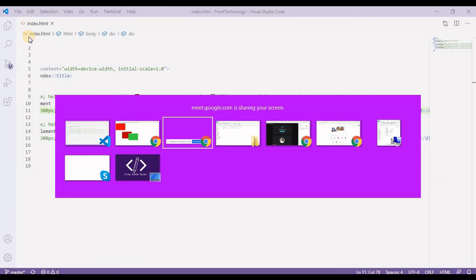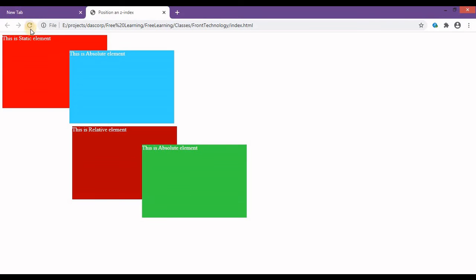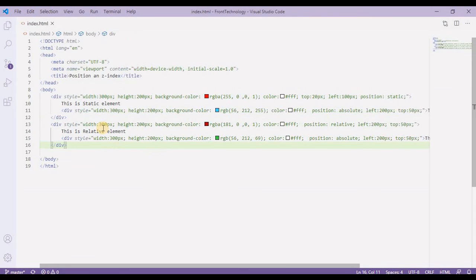Now let's go back to our browser and let's refresh it. Okay, so it doesn't matter if it is static or relative, it totally counts from the parent element's top or left position. So that's why our body element is also a static element, but it counted the same from the body element. Alright, so that's all about the static, relative and absolute position elements, the basic or the root idea.